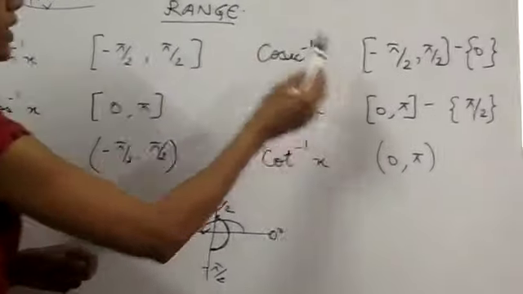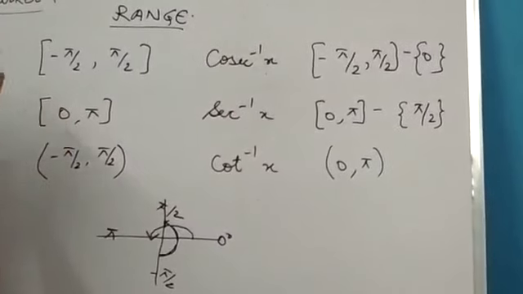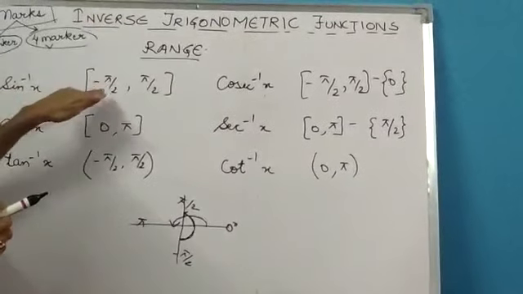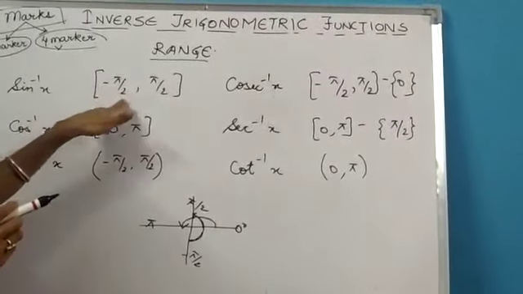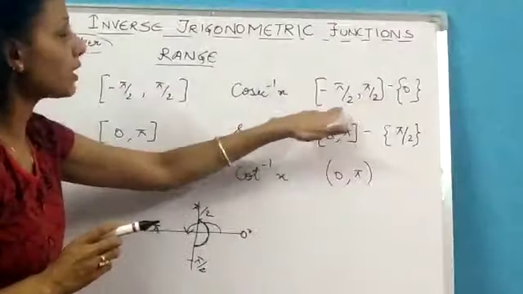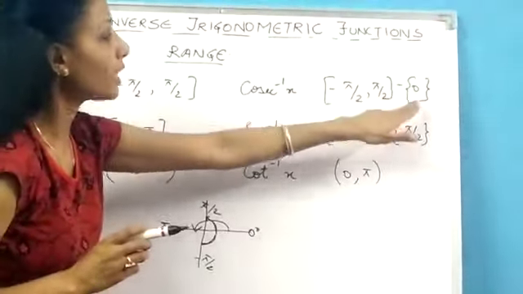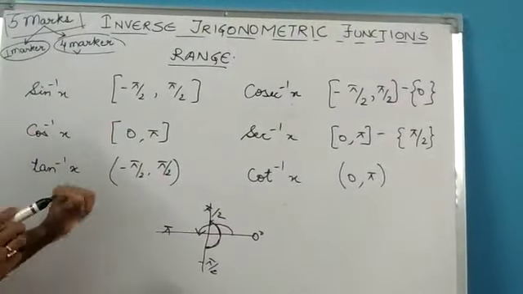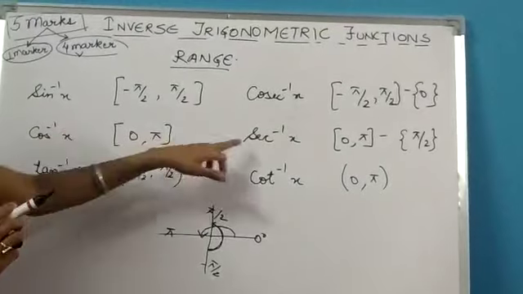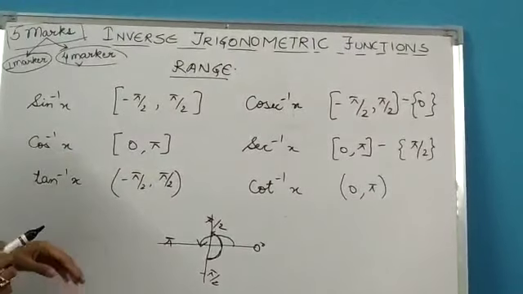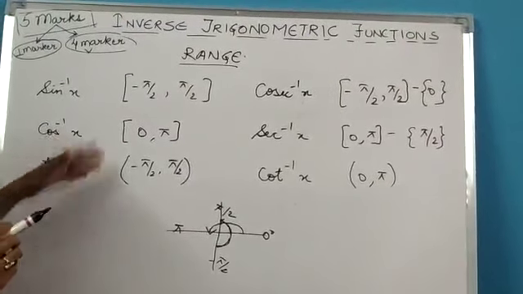Now for cosec inverse, you will be looking at sine inverse. Sine inverse is closed interval minus pi by 2 to pi by 2. So here I am writing same as minus pi by 2 to pi by 2, but I am excluding this value 0 because at 0 it is not defined. Similarly, sec inverse is reciprocal of cos inverse and pi by 2 is not included because it is not defined there. Tan inverse x, of course,